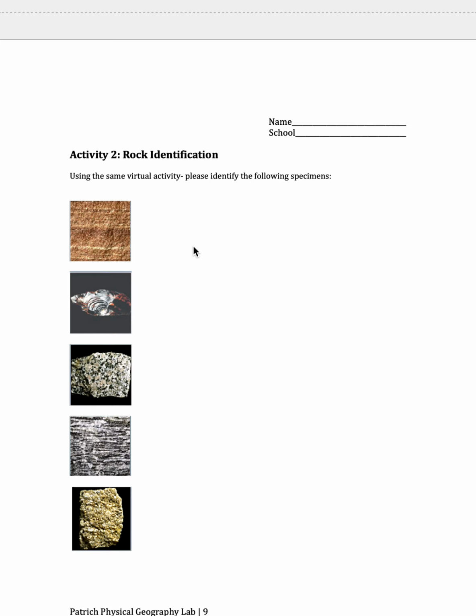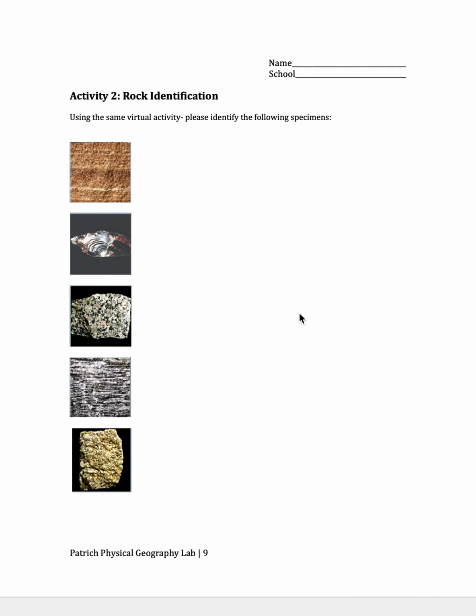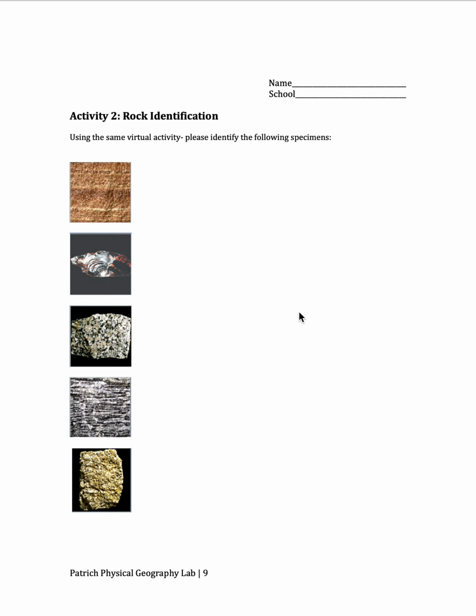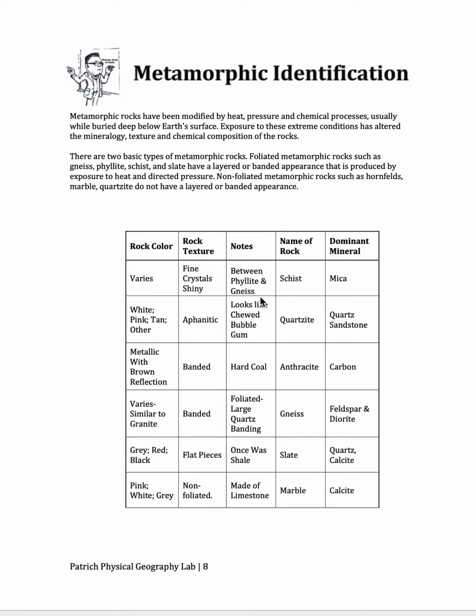Down here, using that same activity from above from the minerals, you'll be able to identify these 5 particular rocks. You will identify what they are and the family in which they belong. Well, how will this help us in the midterm? Well, this same fundamental idea that you're going to be completing in these activities, you will be using this in the midterm. You will receive a photo of a random mineral or rock, and it will have you identify what it is based off of its properties.